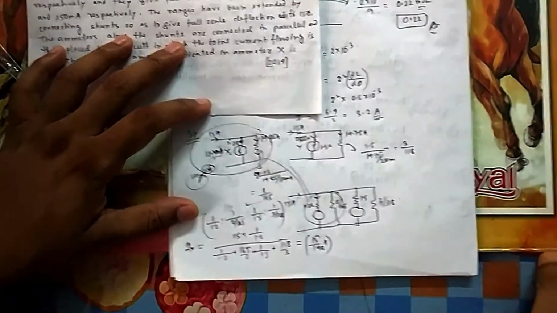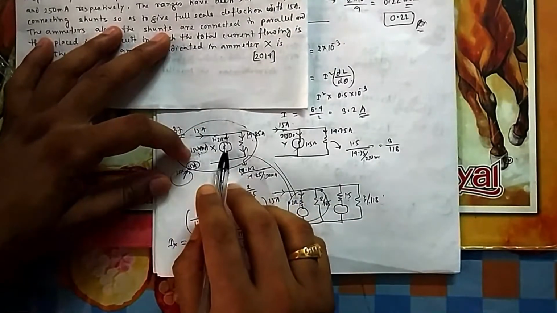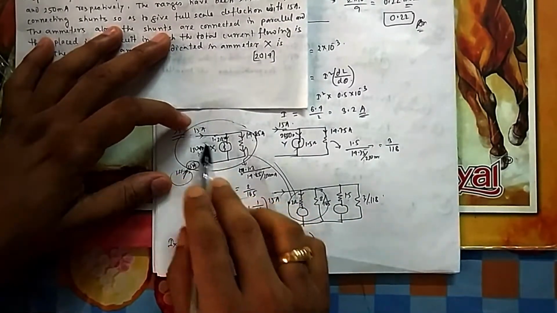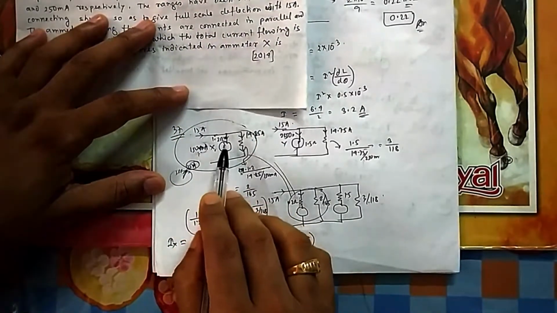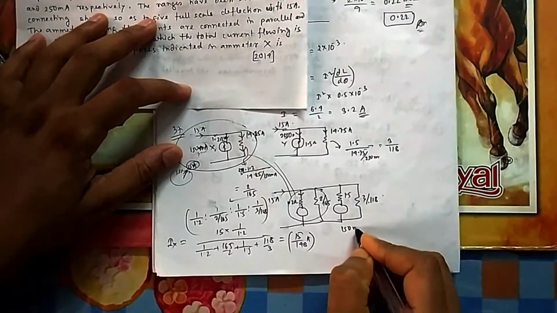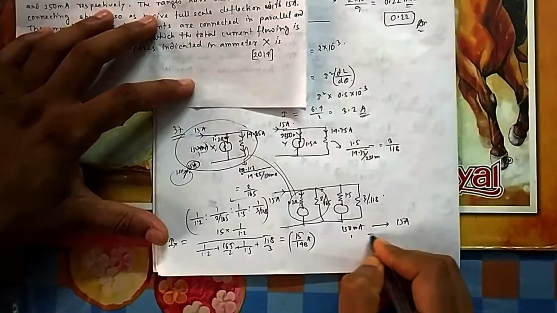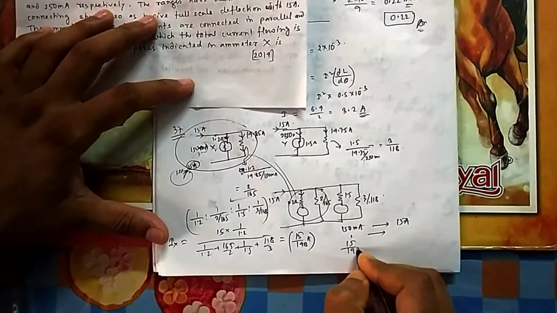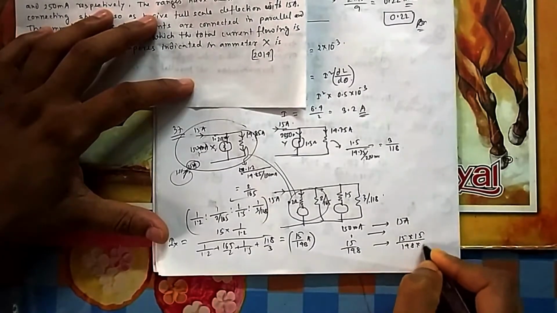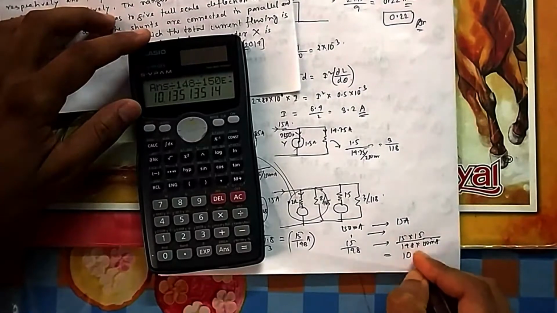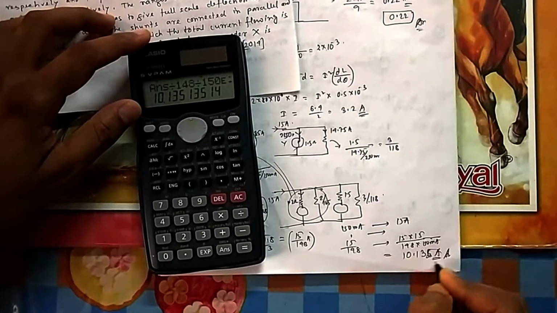If you are getting this ampere, then you can use the unitary method. If 150 milli flows through it, then it shows 15 ampere. It is calibrated in such a way that if 150 milli passes through it, then the reading in the meter is 15 ampere. So if 1 passes through it, then how much? If 15 by 148 passes through it, then how much? So 15 by 15 into 148 divided by 150 milli. If you do it, it is coming to around 10.135. So this is your answer, 10.13.